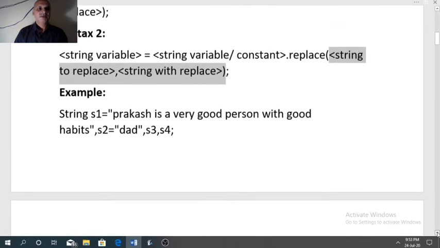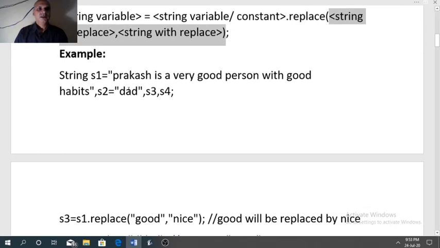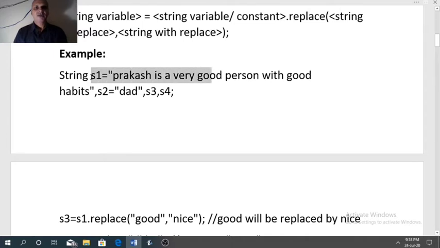For example, suppose we have a first string variable s1 where I have stored the string "Prakash is a very good person with good habits." Here you can see the word good is present at more than one place, that is two places. Our objective is to replace good with nice.